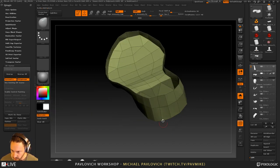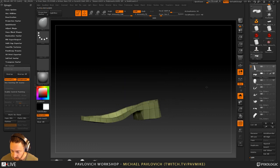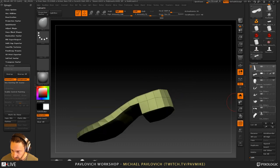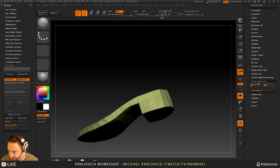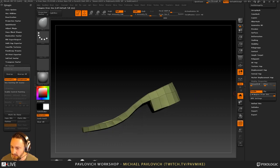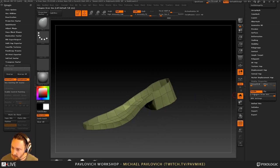There we go. So now we can kind of move this stuff around. Now, like I said before, we have double turned on. So if I go down here to display properties, we can turn double off, and this is really another thing just to make sure, because sometimes when you do an adaptive skin and you have double turned